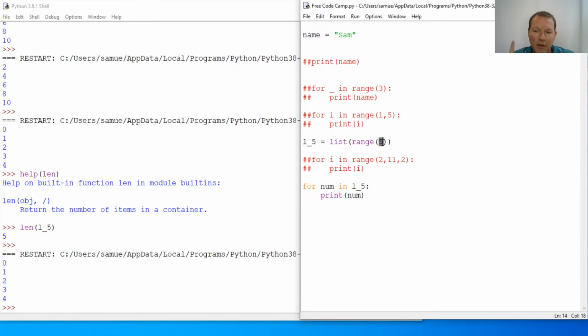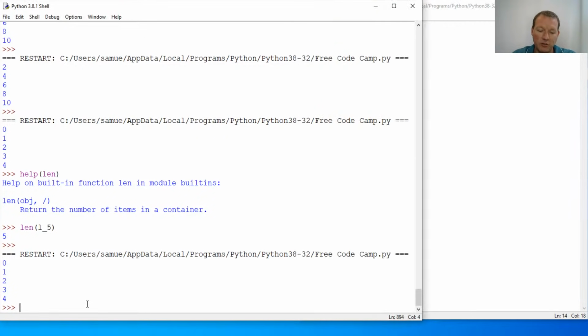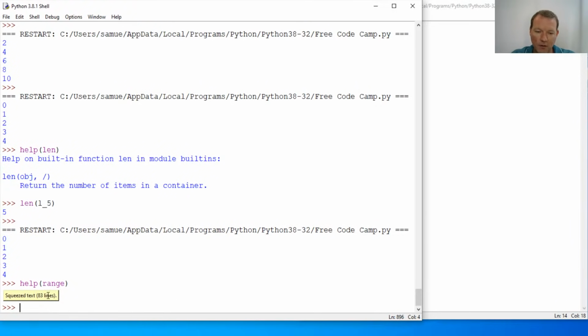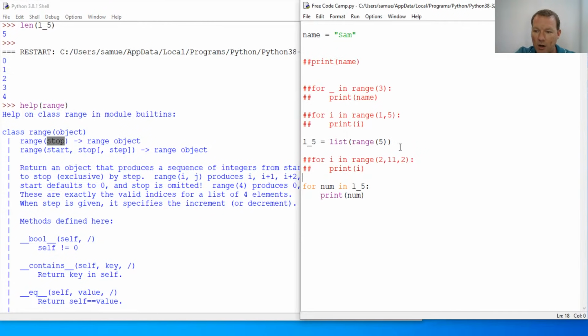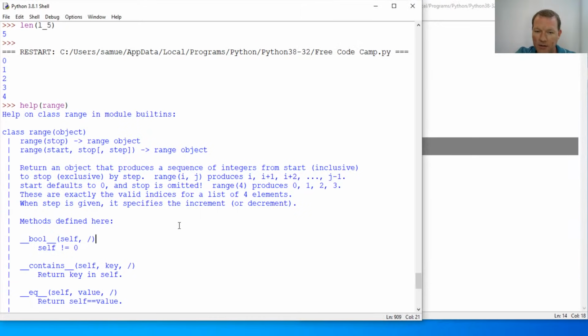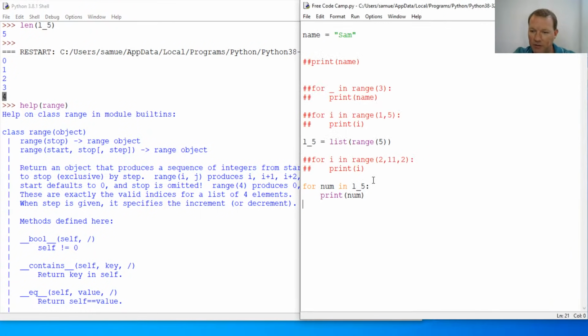So when you pass in one integer to range, help on range. When you pass in one integer, it's only the stop point. So 0 through right up into, not including the stop point. So that's why this was 4. So now